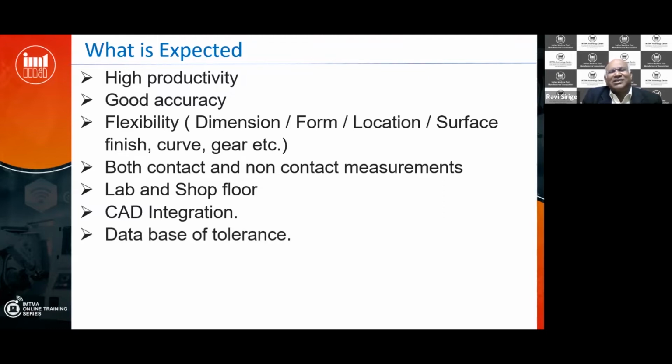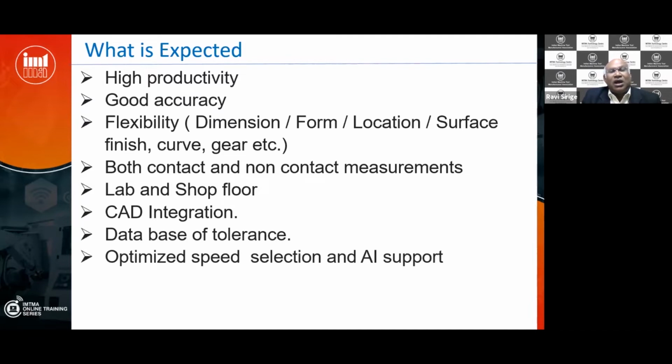Database of tolerance. Today, I don't want my inspector to use his brain. So if he wants to get the tolerance H6, it should be possible that the CMM database is able to give me all that information. And I would also say that I don't want to train each and every one on my shop floor.